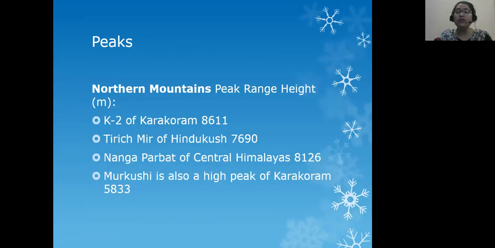Highest peak. Now when we talk of peaks or highest peak of the mountain ranges, we are talking in reference to Pakistan. These are long ranges which run from Afghanistan maybe up till Nepal. But when we talk of highest peak, we will take reference of Pakistan. Maybe the highest peak of a mountain in some other country is something else. So whatever names are shared now or were shared earlier, they all are in reference to Pakistan.